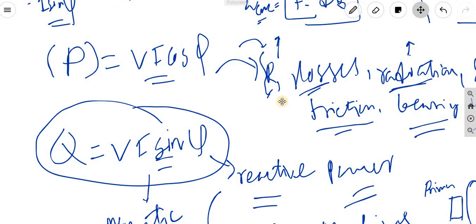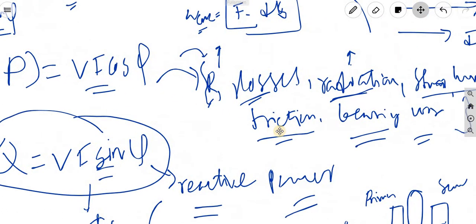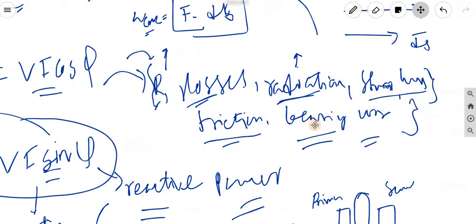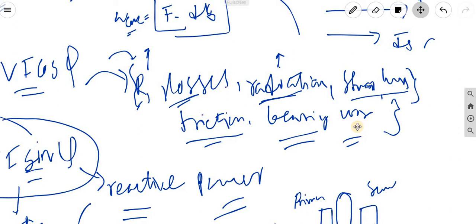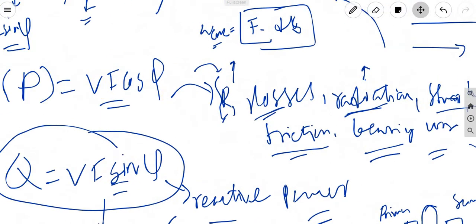And the active power is basically the usable power, and the friction we can't neglect. Bearing loss we can't neglect, it would be there, that is consumable. And the heat radiation, some part will be there, the resistive part. So ultimately the P represents the R, means resistance, if the resistance is there.